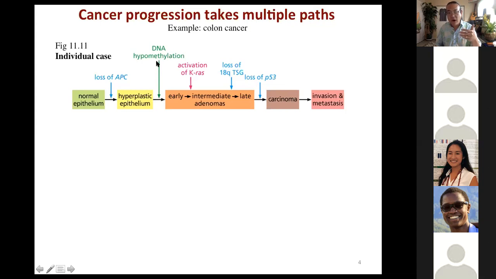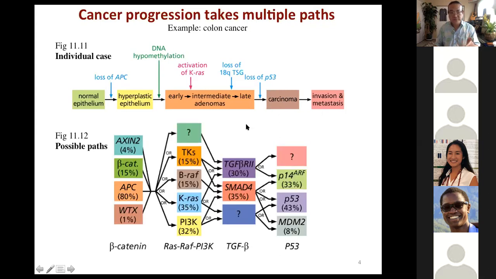So you have more and more opportunities for one of those daughter cells to get this hit, and then maybe another daughter cell that has this first one plus the second one now gets the third one, and so on and so forth. So by the time you finally get ones that stumble upon the loss of p53, right, that really sets the stage now for full-blown cancer and eventually invasion and metastases.